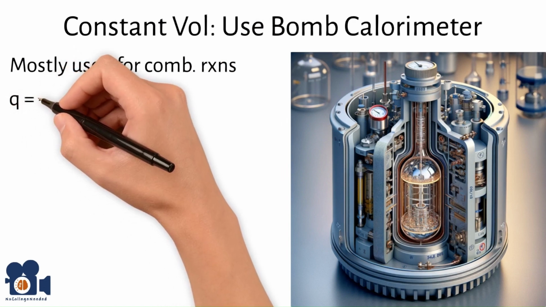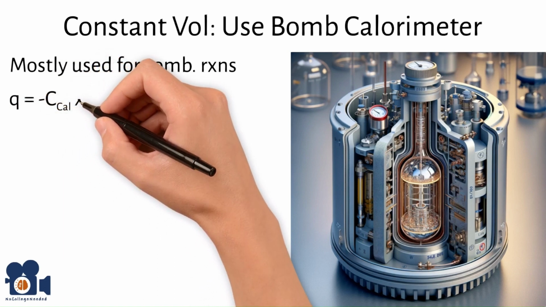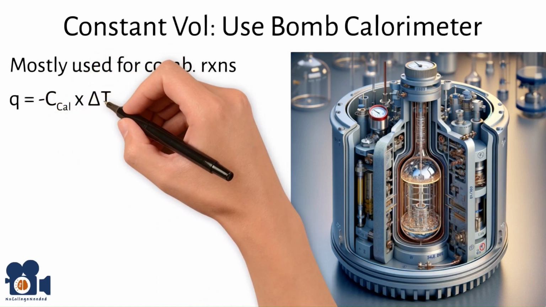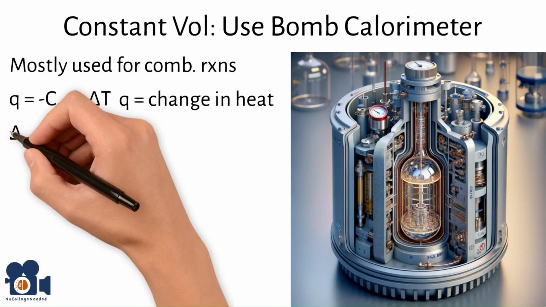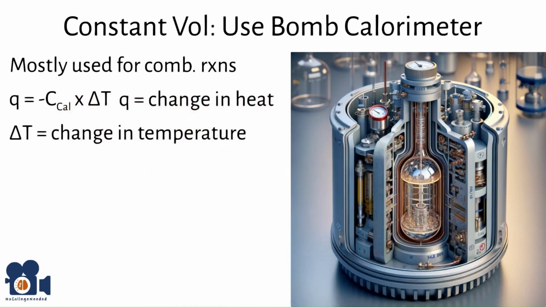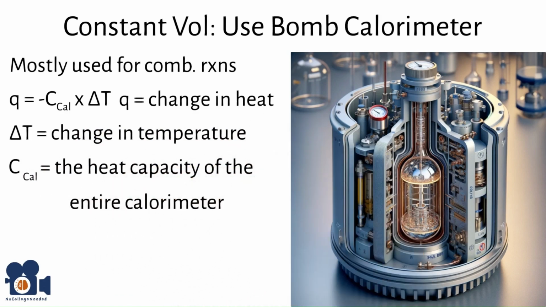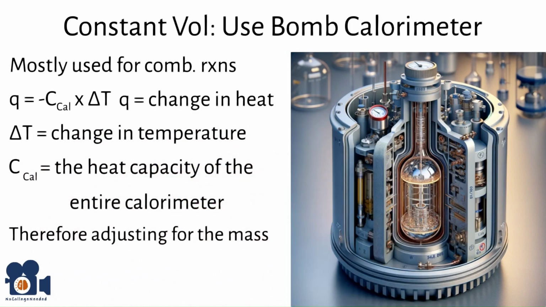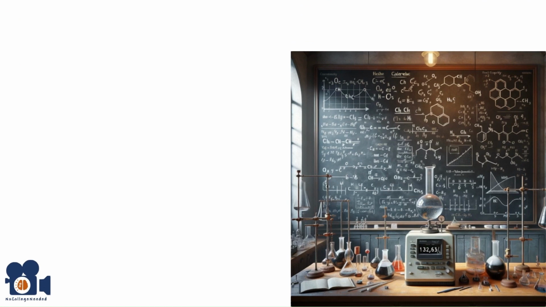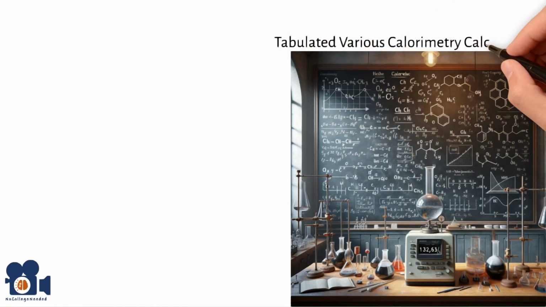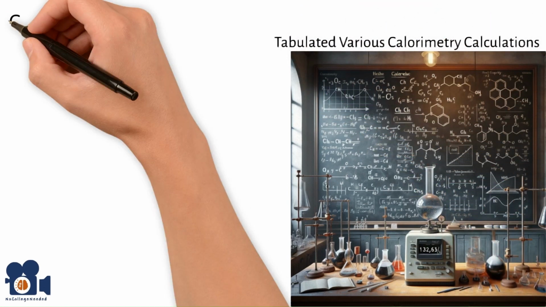The formula for bomb calorimetry is Q equals negative Ccal times delta T, where Q equals the change in heat, delta T equals the change in temperature, and Ccal is the heat capacity of the entire calorimeter, therefore adjusting for the mass. Over the years, scientists have tabulated the various calorimetry calculations and found out that they're usually able to